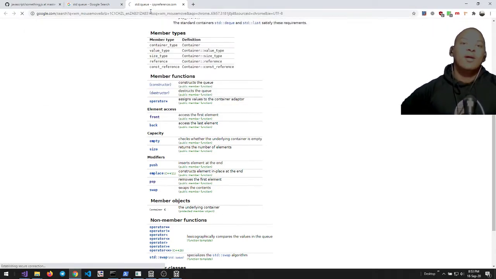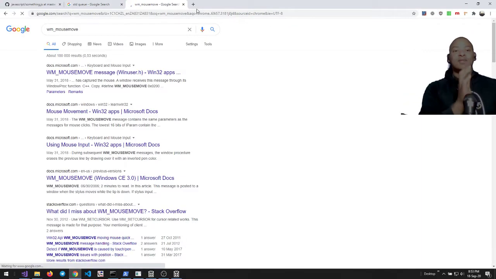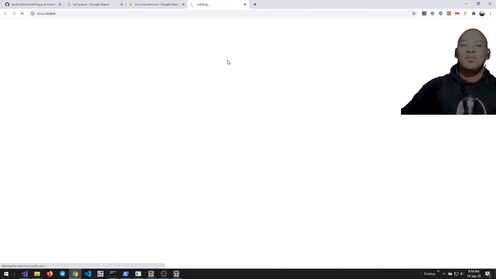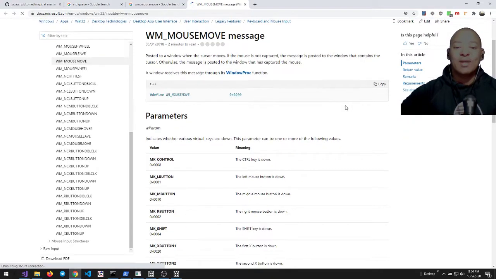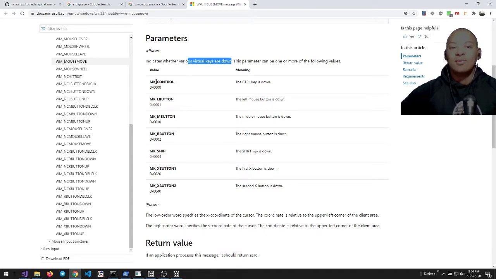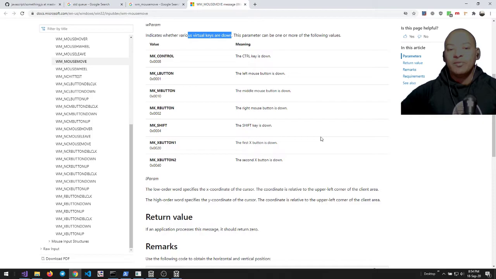The wParam and the lParam are probably going to have the low word with the x and the high word with the y. I've seen this API enough to know that Windows is going to do something weird like that. Oh, so wParam contains information about virtual keys. It's going to tell you if you hold the control or the left mouse button or the middle mouse button or the right mouse button or the shift button, or